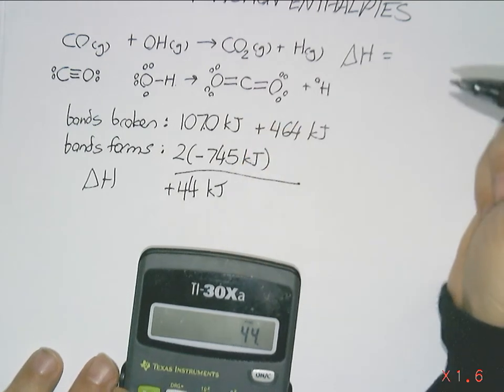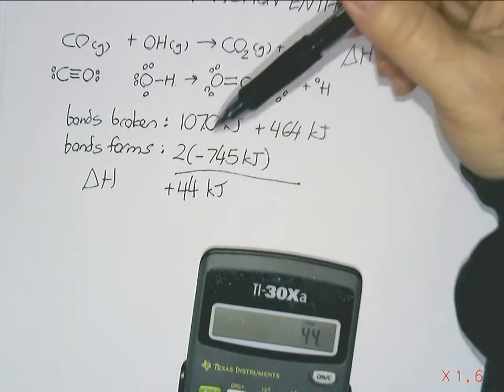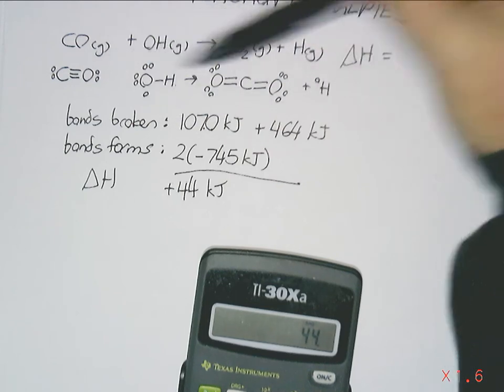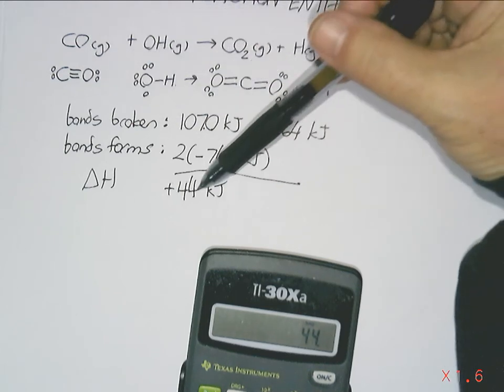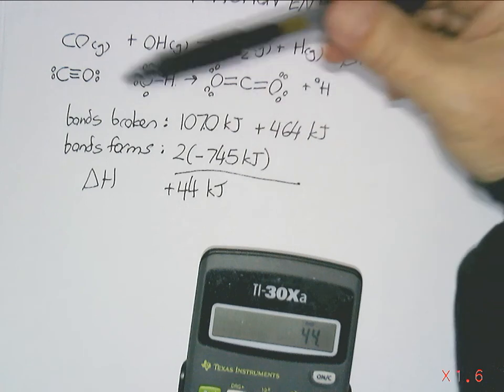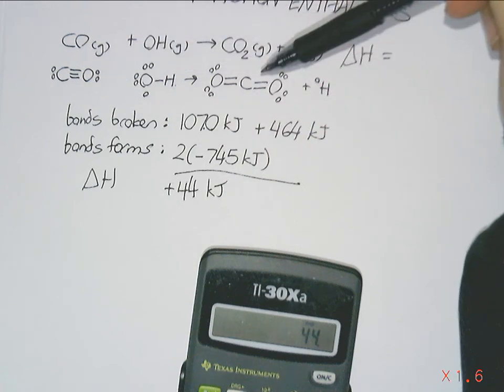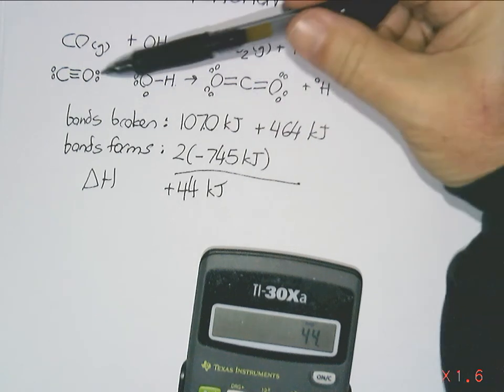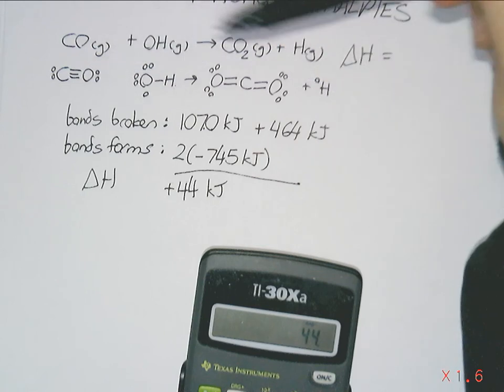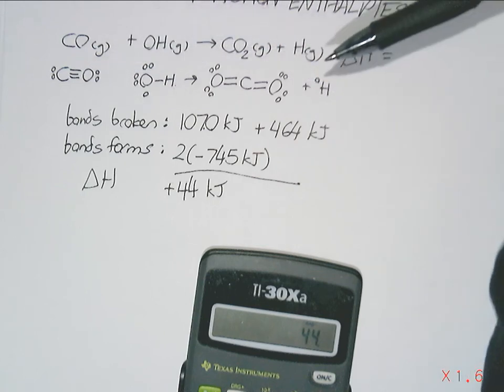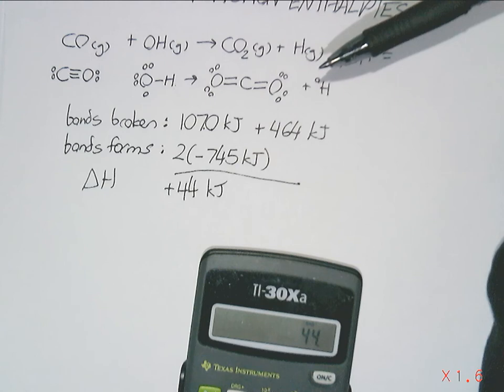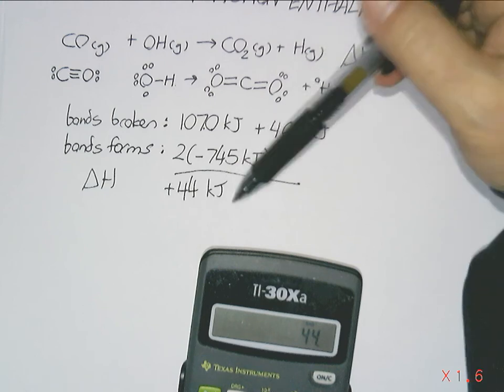So what does this tell us? It tells us that this is going to require energy. 44 kilojoules of heat has to be supplied to get this reaction to go. What we're doing is we're breaking some stronger bonds and making some weaker bonds. And in that case, we got a net